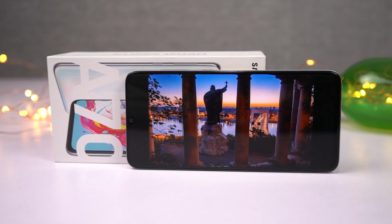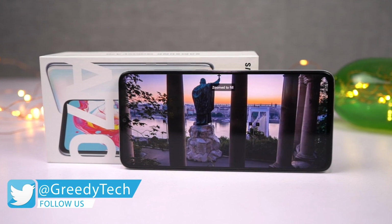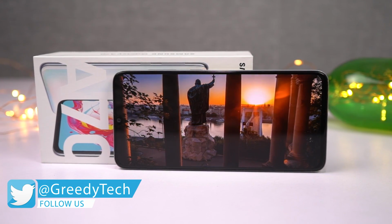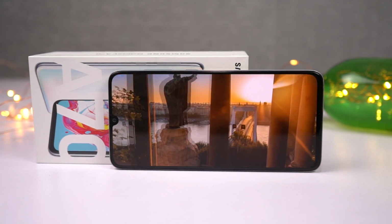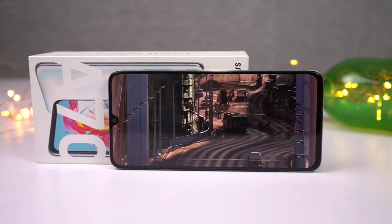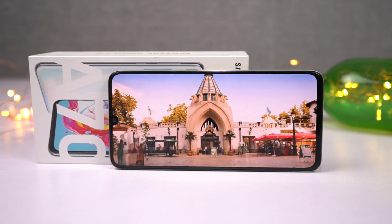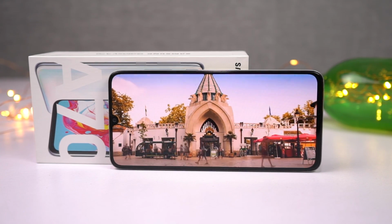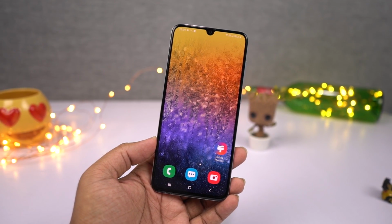Now the next best thing about this phone would definitely be its display. This phone sports a massive 6.7-inch Super AMOLED Infinity U display with Full HD Plus resolution with 20:9 aspect ratio, protected by a 2.5D curved Corning Gorilla Glass 3. It has 86% screen to body ratio and 393 ppi. This phone truly has a massive display, and with the smaller bezels all around, it just feels awesome. Every time you look at it or hold it in your hand, you really can't believe how big the